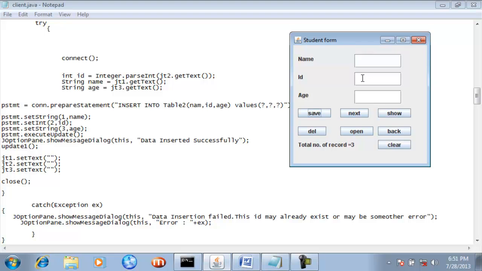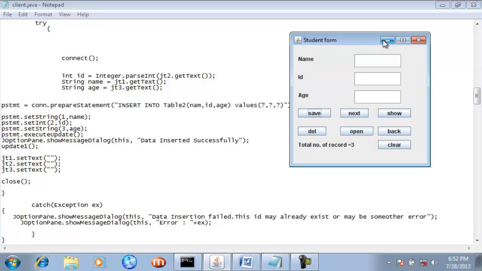Whatever value you have written in front of ID is in the form of a string. We know that any value inside a text box is a string. So first we transformed that string into an integer value with the help of the Integer.parseInt method, and then transferred that numeric value into this ID variable.